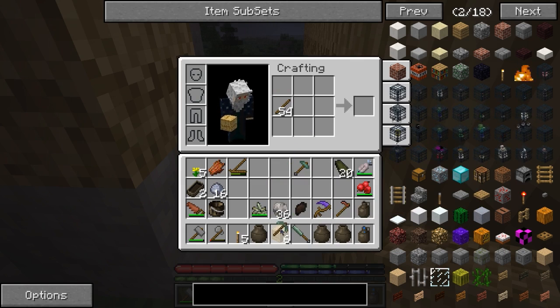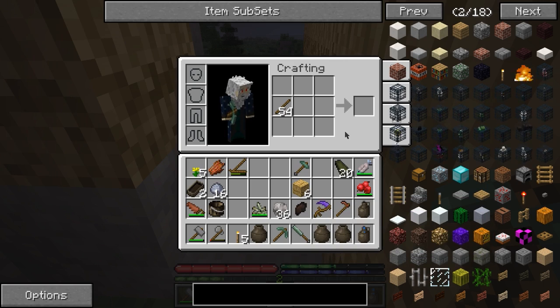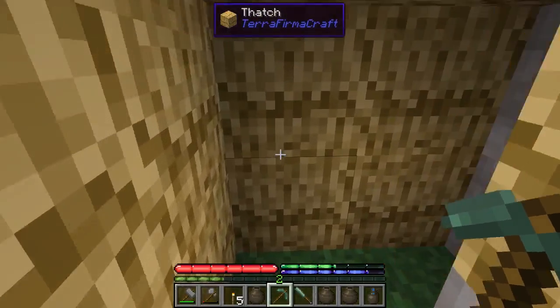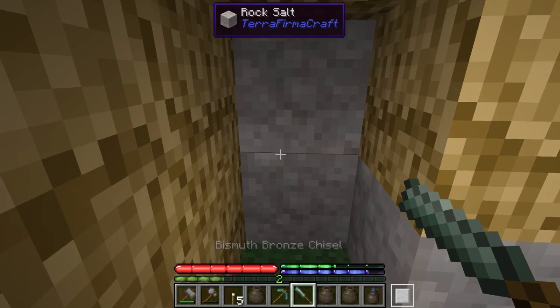So why do we want the chisel? Chisel is a fantastic tool, and I'm going to go into more detail in the next episode. Sounds like they're dying happily outside. But what we want to do right now is, you'll notice that down